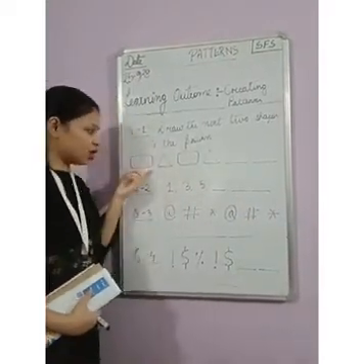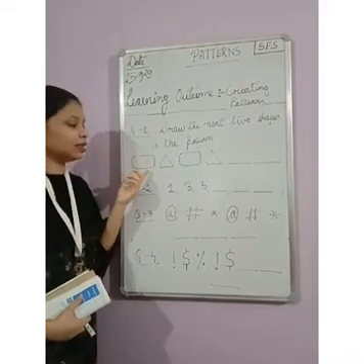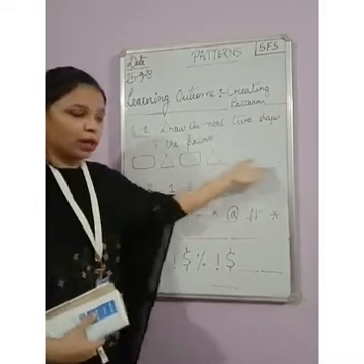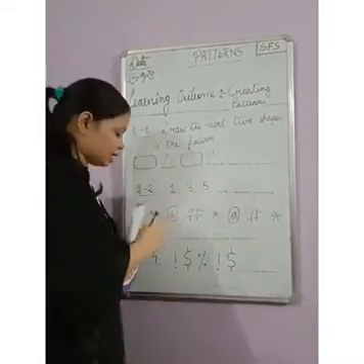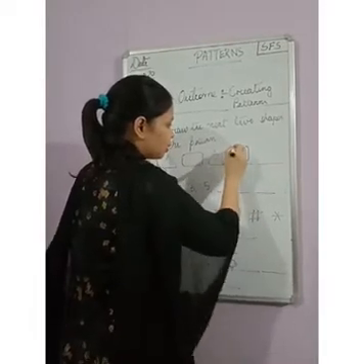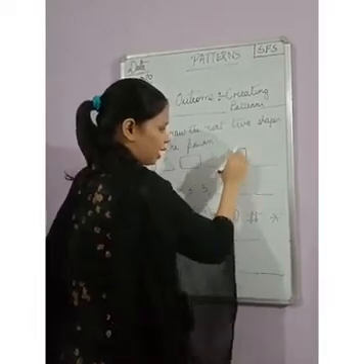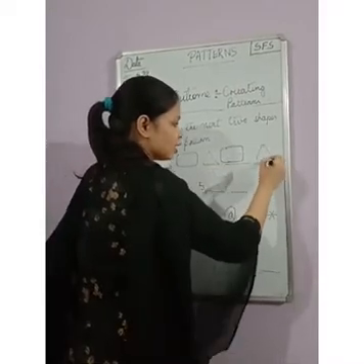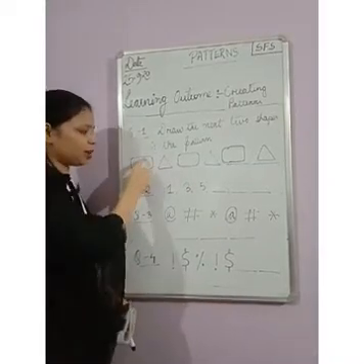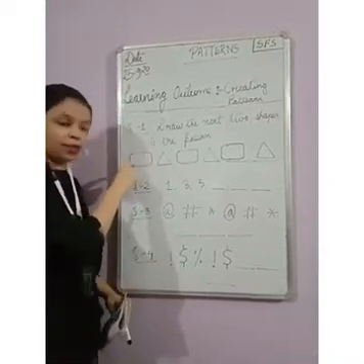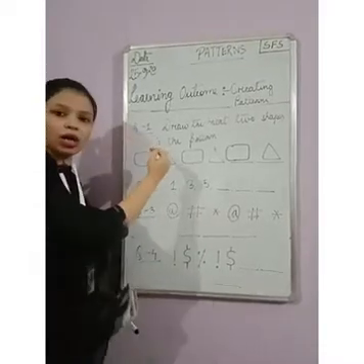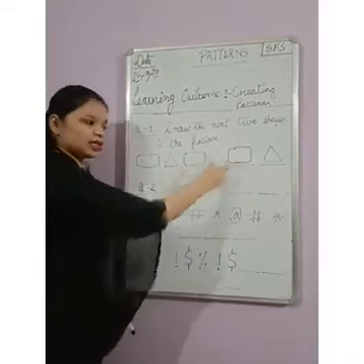What is given here? It is a rectangle, then triangle, then rectangle, then triangle. What will come next? The next shape will be a rectangle, and the next is a triangle. Children, it looks like a rectangle, but the corners are not sharp. It is curved, or rounded. So you can draw in this way also.